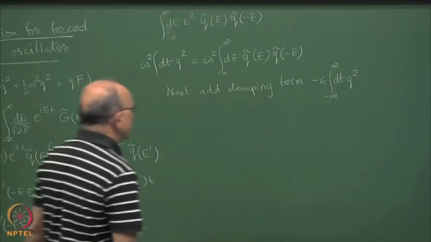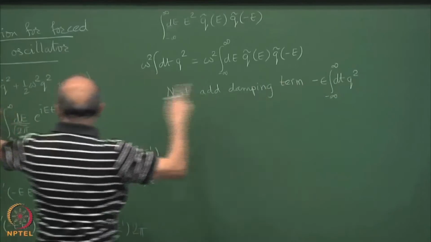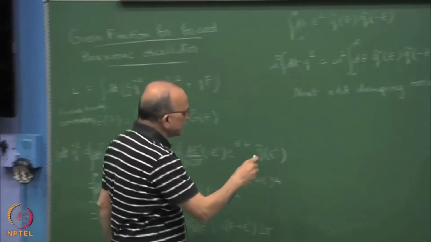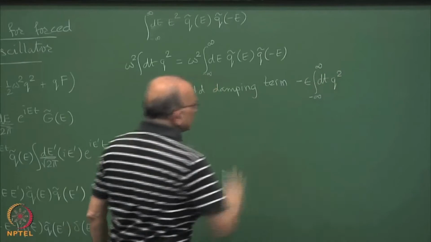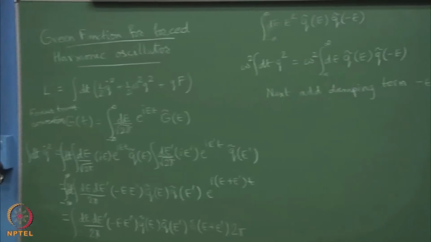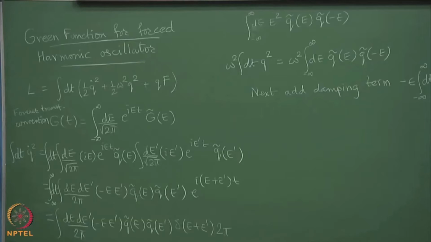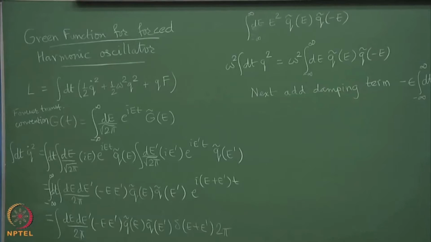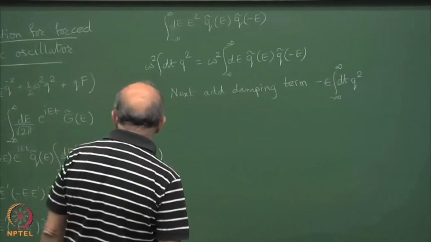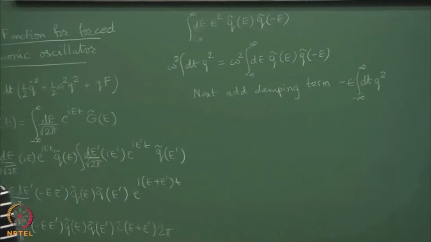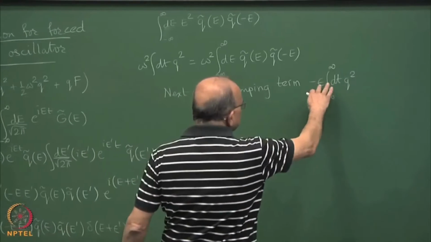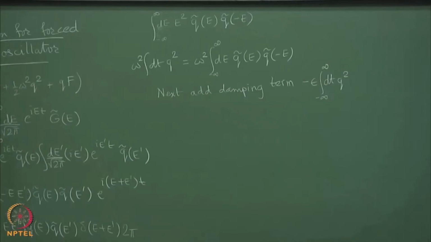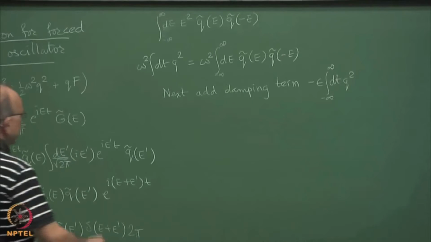So the point being that this thing added to the exponent in the path integral will add a positive definite quantity with a negative constant in front, and it will cause damping at large values of q. If you go to large values of this q squared, then this becomes large and will damp everything out. So we don't have to worry about very large q's, and you can focus on a finite region.